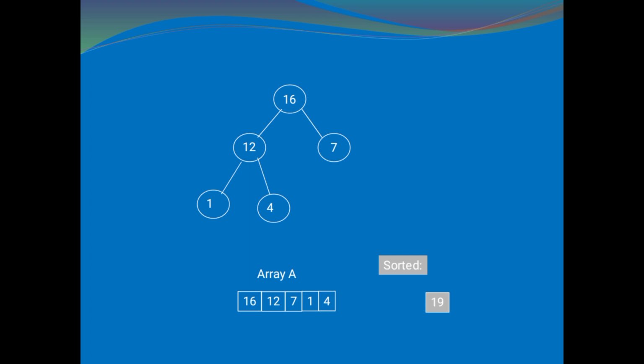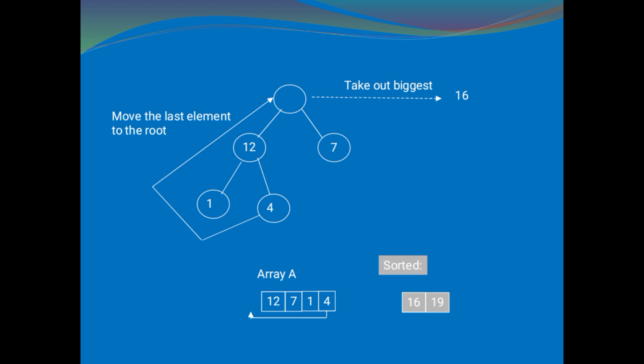Now after bringing it into max heap, again perform the heap sort technique, that is swap the first element with the last element and delete the last element. After swapping the first element with the last element, my tree looks like this. That is, 4 will go to the topmost and 16 will come to the last position.